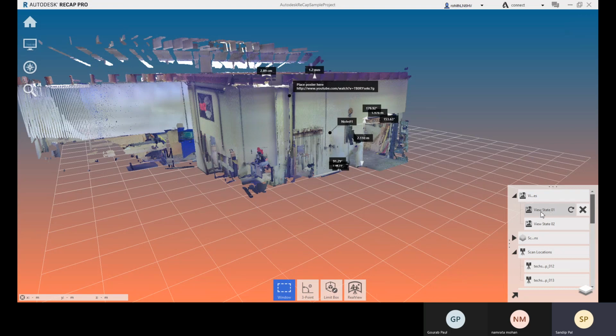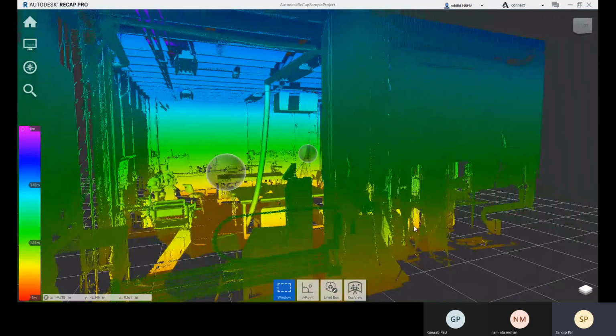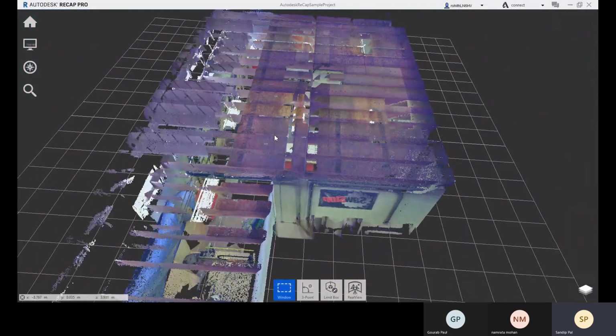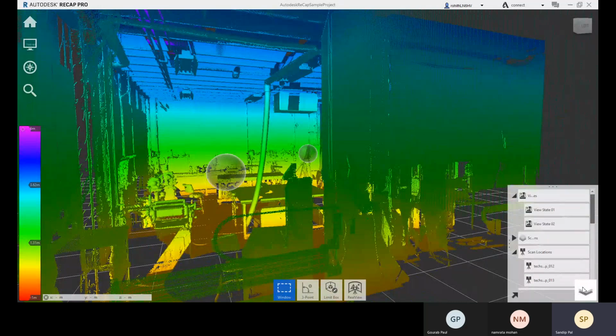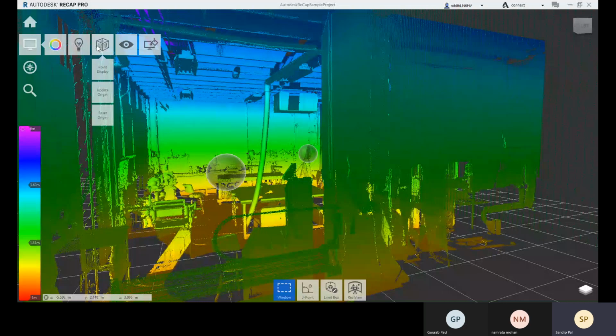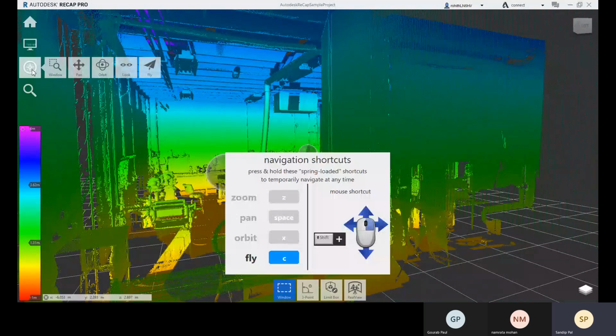Let me see if there are already some view states. If you already have some view states, you can see that is the view state, and on this view state you see this color is set. Okay, so here you can play them together. So first one, and this is the second one. Now let me come here, and this is your play animation option, and this is your export animation option, and here you have this option. So for this display option, let me just see if we have any option.